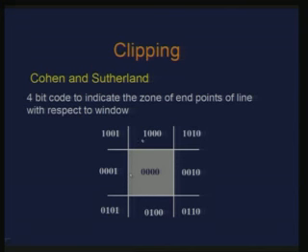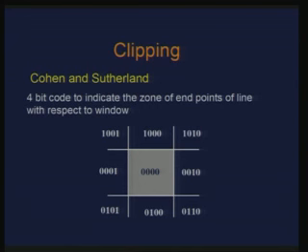So, just by looking at the bit codes for the end points of the line, I can decide whether I need to trivially reject the line or accept it, right. If the two end points are inside the window, then the bit code for both end points is going to be 0 0 0 0.